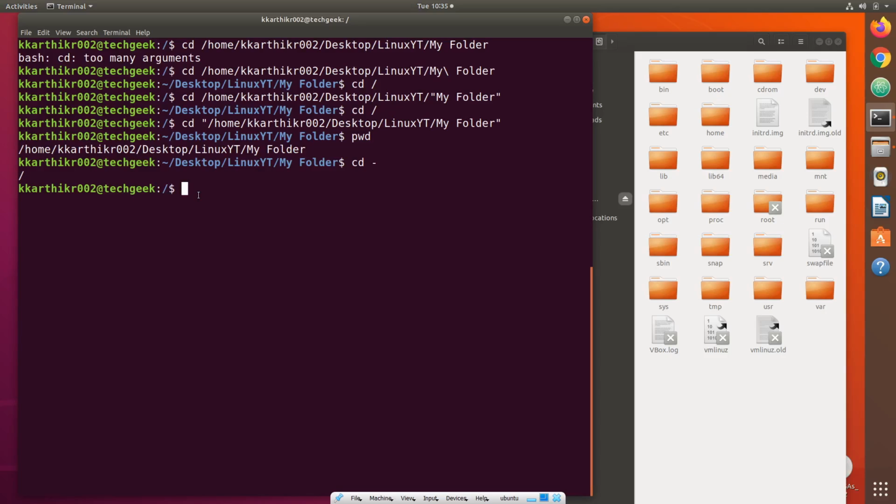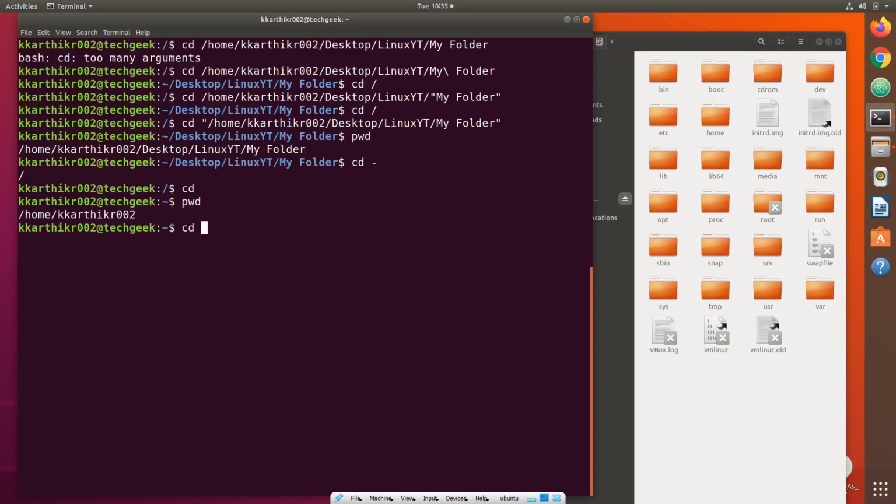Let me give some more examples for this hyphen thing. Let us change our directory to home directory. Just type cd and hit enter. Without any arguments, it takes you to the home directory. You see, we are now in home directory. Again, we wanted to go back to root directory. Just type cd.